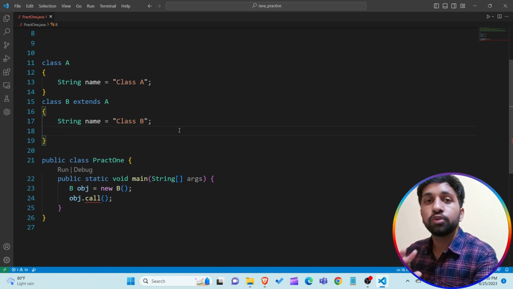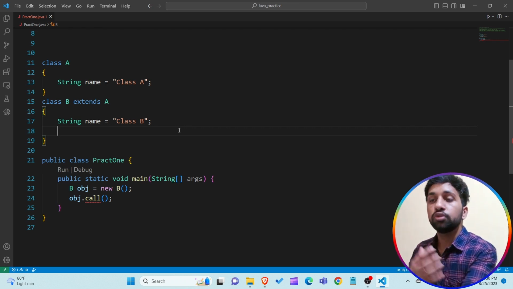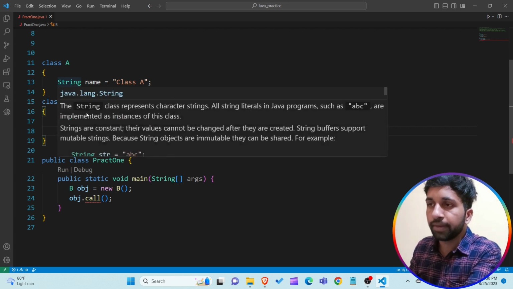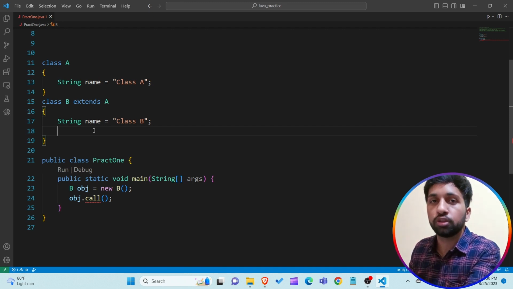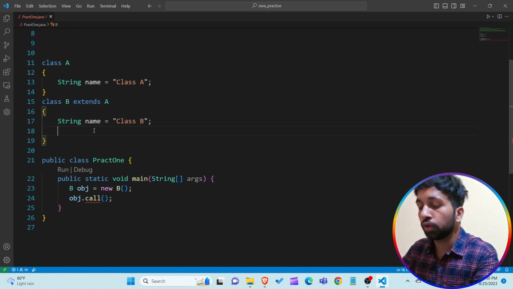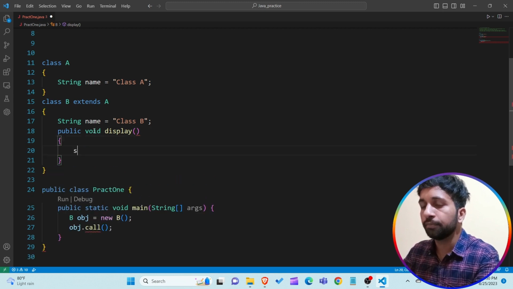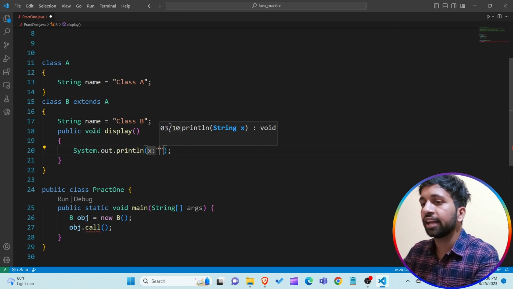So my question is, you have to print the value of both variables from the child class. It means you have to print the value of this name and that name, the parent class name and the child class name, by using the child class method only. For that also we have to use the super keyword, like in a public void display method. I'm creating a method that is known as display. I'm writing System.out.println,